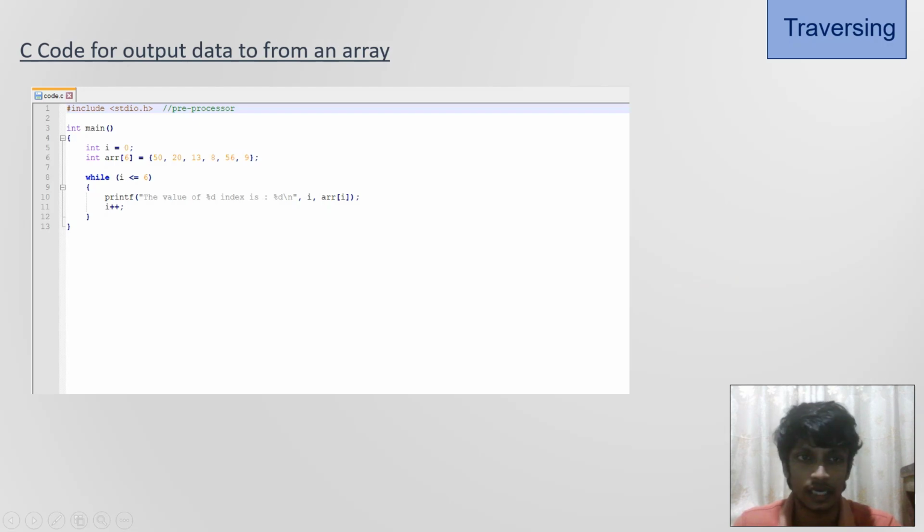Let's move to the C code. So this is the image that I captured of the corresponding C code. So this is how you should write C code. There are several principles that you should follow, and there are several syntaxes that we are going to learn in order to program our code. So remember, this is the way your code looks after it is coded. Okay, so let's move to the coding.